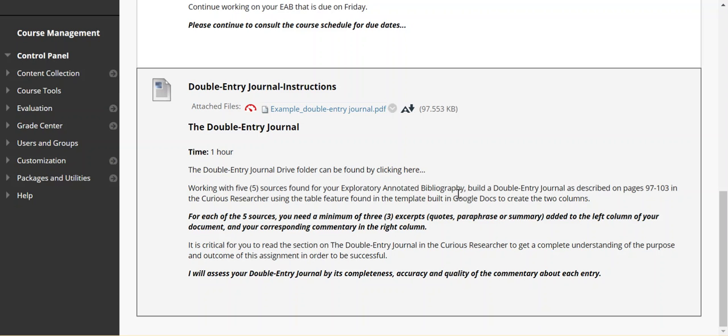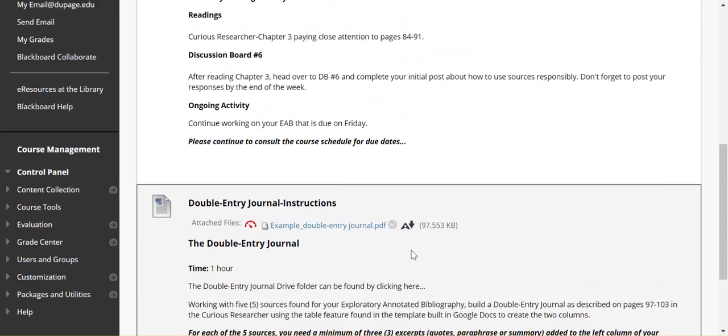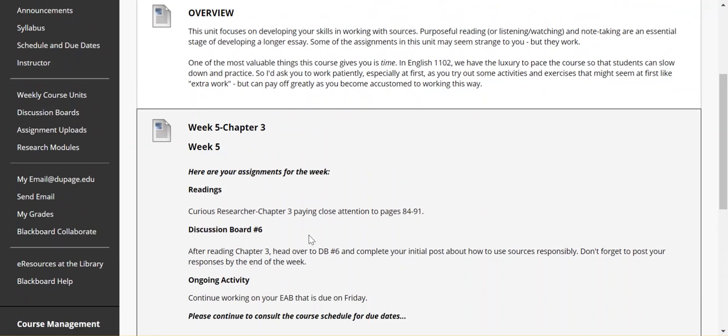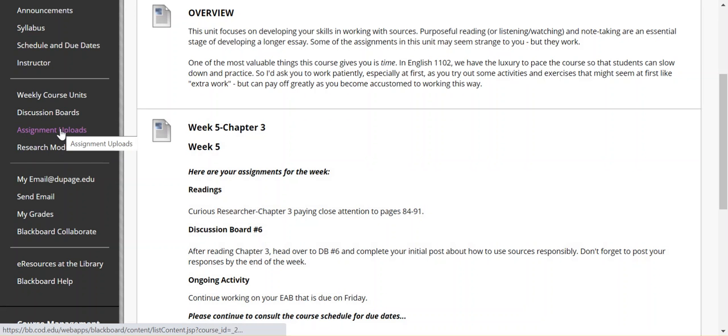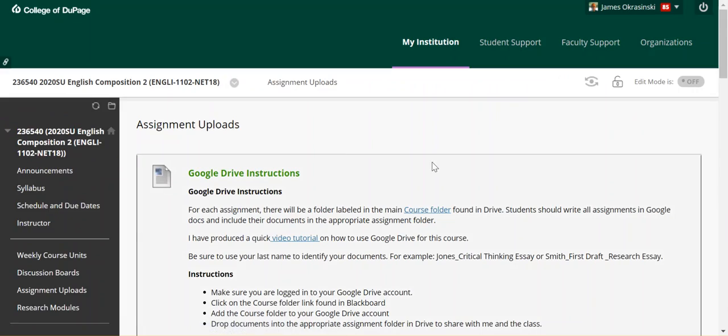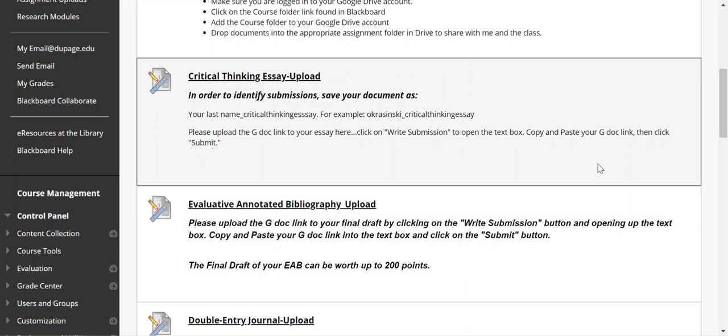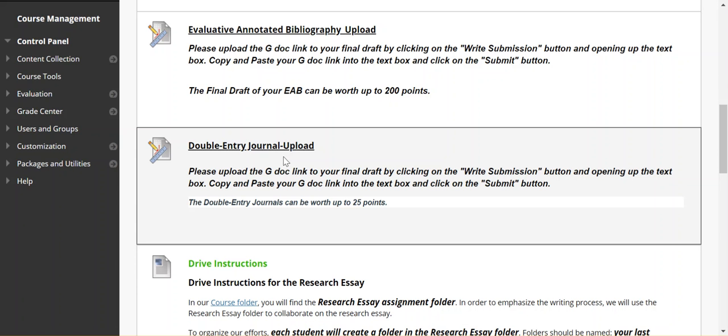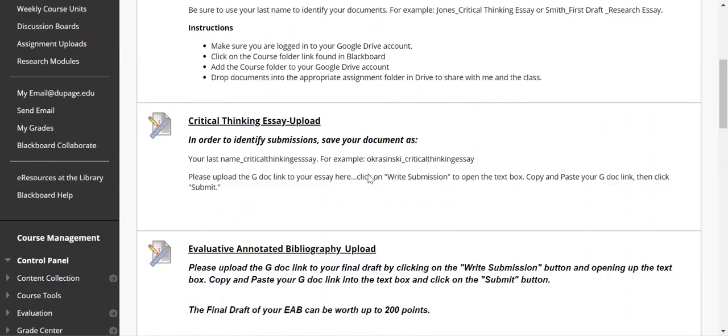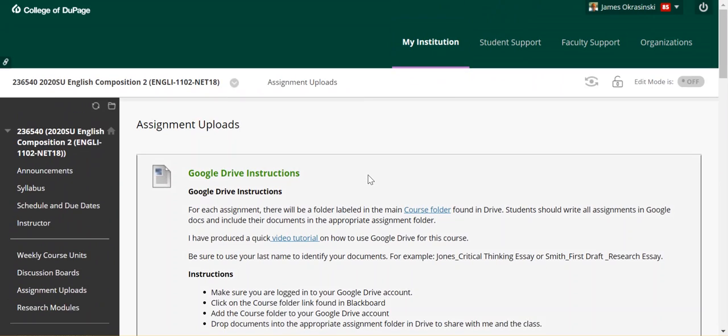You can look through the example on the double entry journal. It's quite straightforward here in the instructions, and as I said before, we covered that in last week's lecture video. So you want to make sure you get to the assignment upload. In the assignment upload, you would once again drop a Google Doc link into the assignment here for the double entry journal as indicated. You can put your GDoc link here. Also, you want to make sure you have a copy that I can review and comment on in the